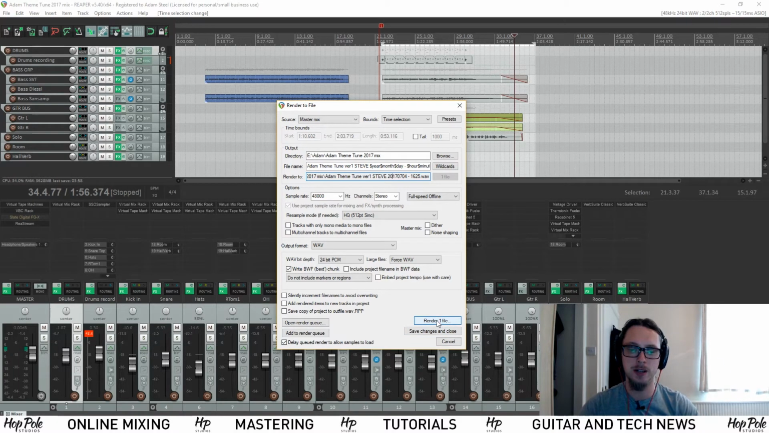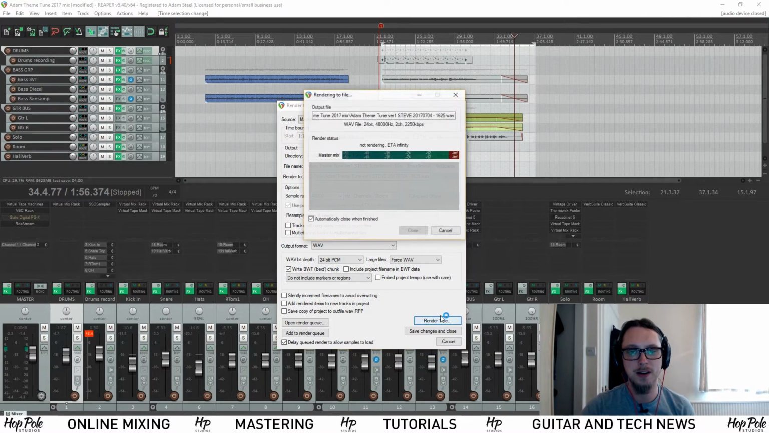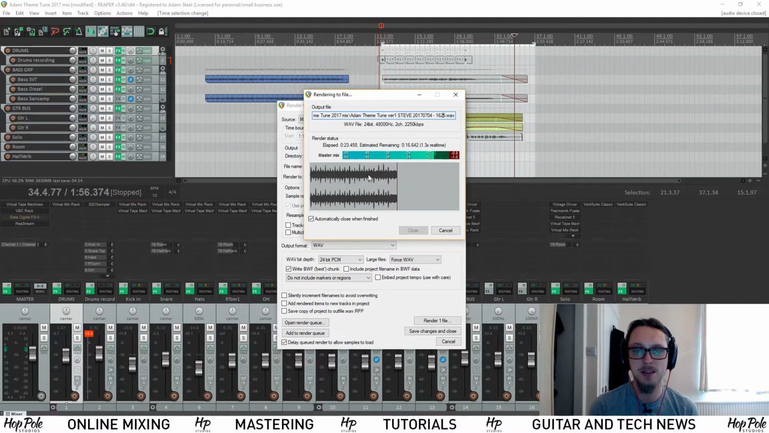We'll keep coming back to this window over and over. So if I hit render file, this is now going to show me the WAV file as it exports. I get to see my volumes, how quickly it's going to finish, what format we're in, and the name of this file. And there's an automatically close when finished, which I put over to so that it gets rid of the screen again. But you can see what the waveform is looking like, you can see what the file name is, and this is all happening